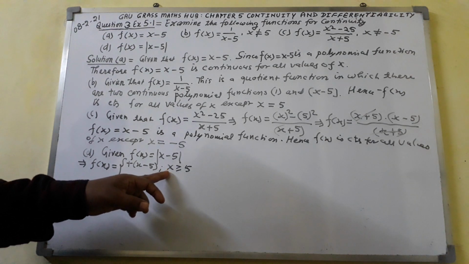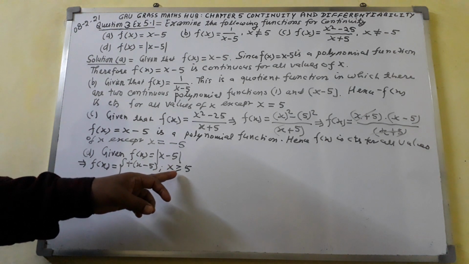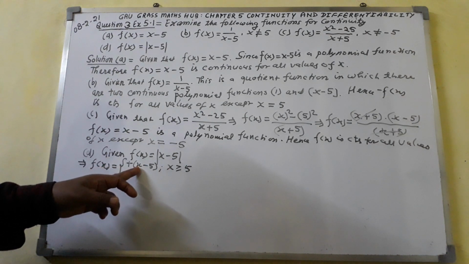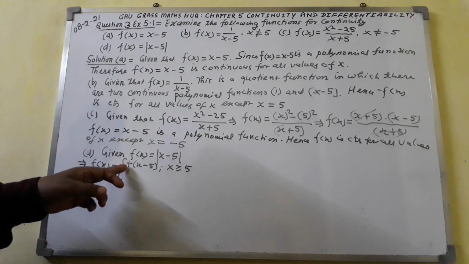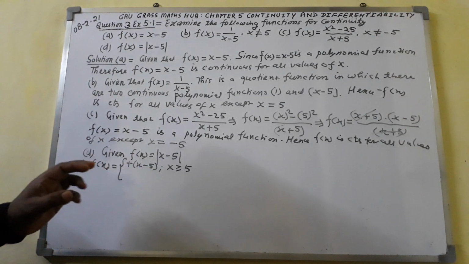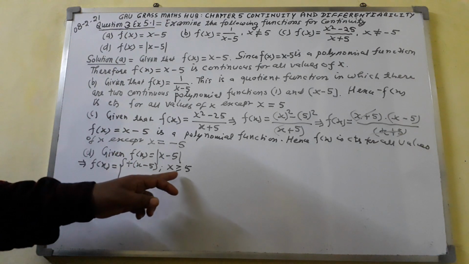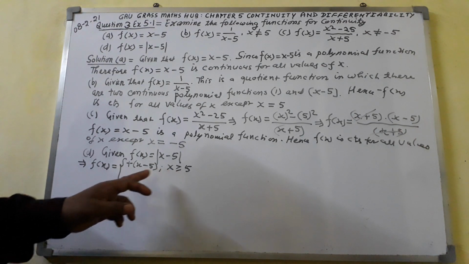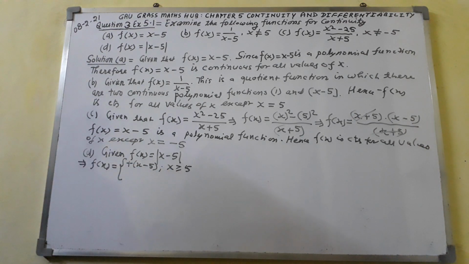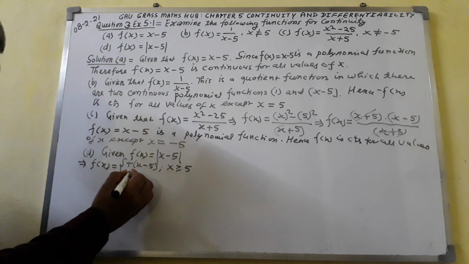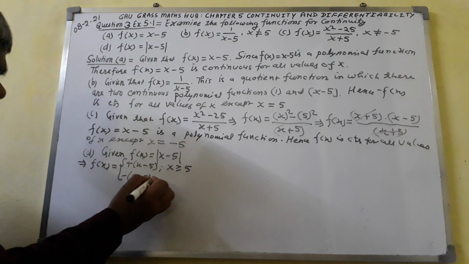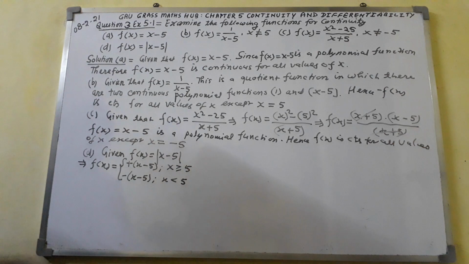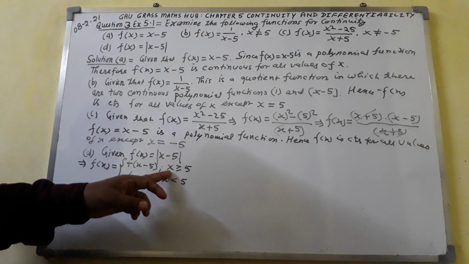If you put x greater than or equal to 5, then put x equal to 5. 5 minus 5 comes out to be 0. 0 is always taken as positive. If the value of x is more than 5, if you take 6, 7, 8, you always get a positive value. Next, put the minus sign, I shall write minus of x minus 5. Then the condition will be x less than 5, because here x is greater than or equal to 5.